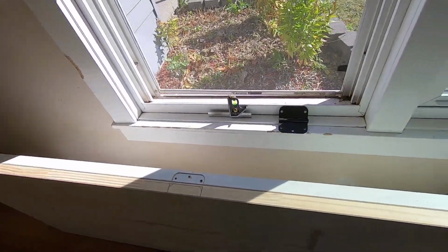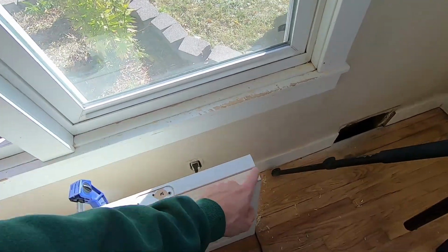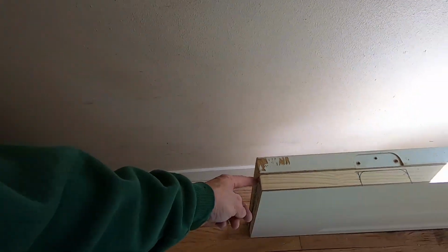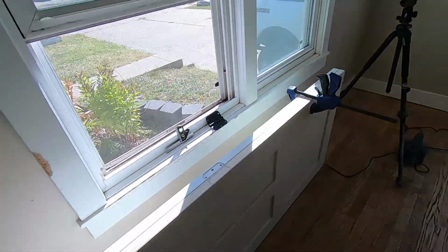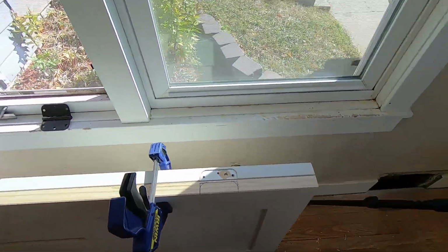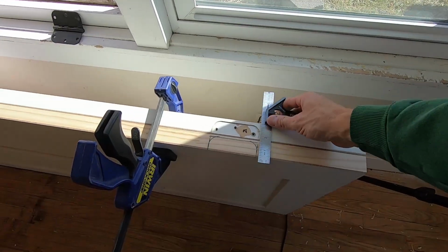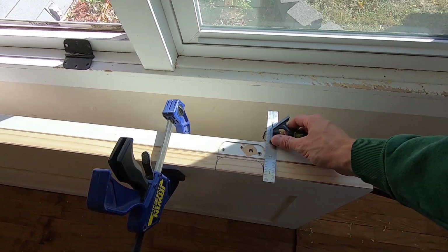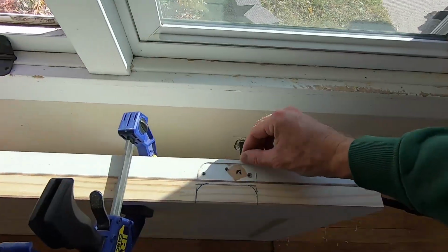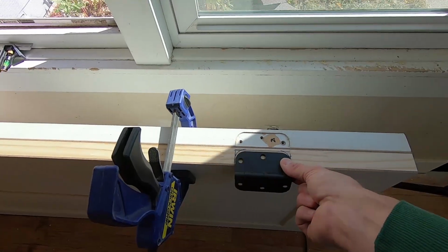To do that, the way that I do this is I line them up. I get the top of the door lined up. The bottom, actually this one is just a little bit shorter than the old door, which doesn't make any difference. What is important is making sure your tops are lined up. So anyway, do that. Then I just take a square and I come across and I mark the old hinge locations. And then get a measurement of what this reveal is here, mark it on your new slab, and then I just take one of the hinges and I basically